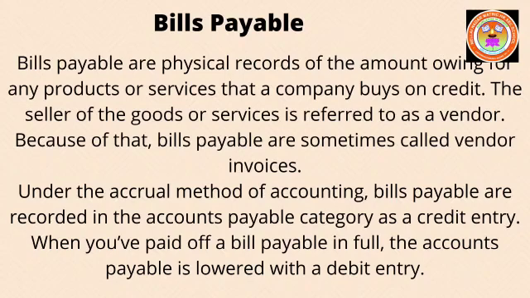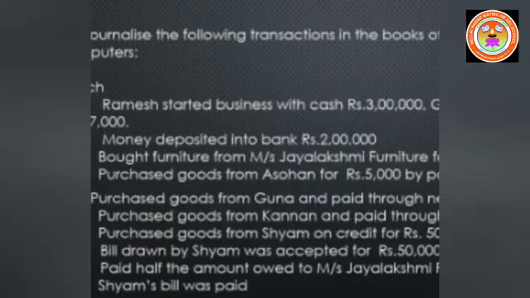You have to pay for that, so it becomes a liability for you. So we have to credit that account. When you pay off the bill payable, it will be debited. Under bills payable,